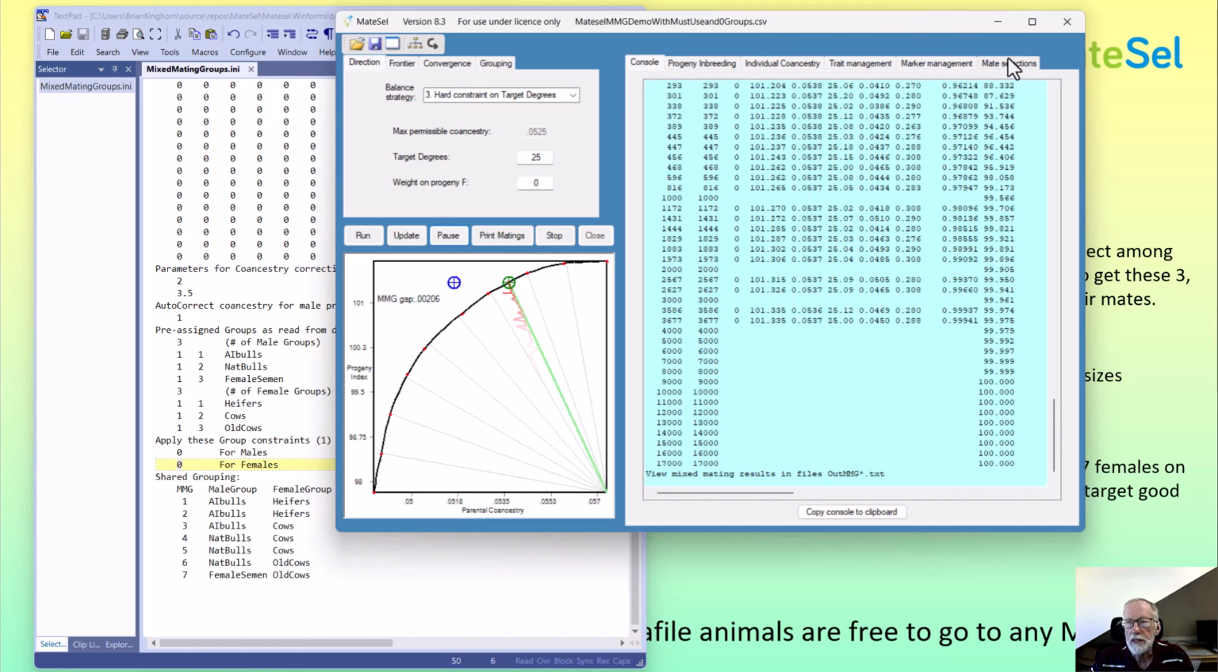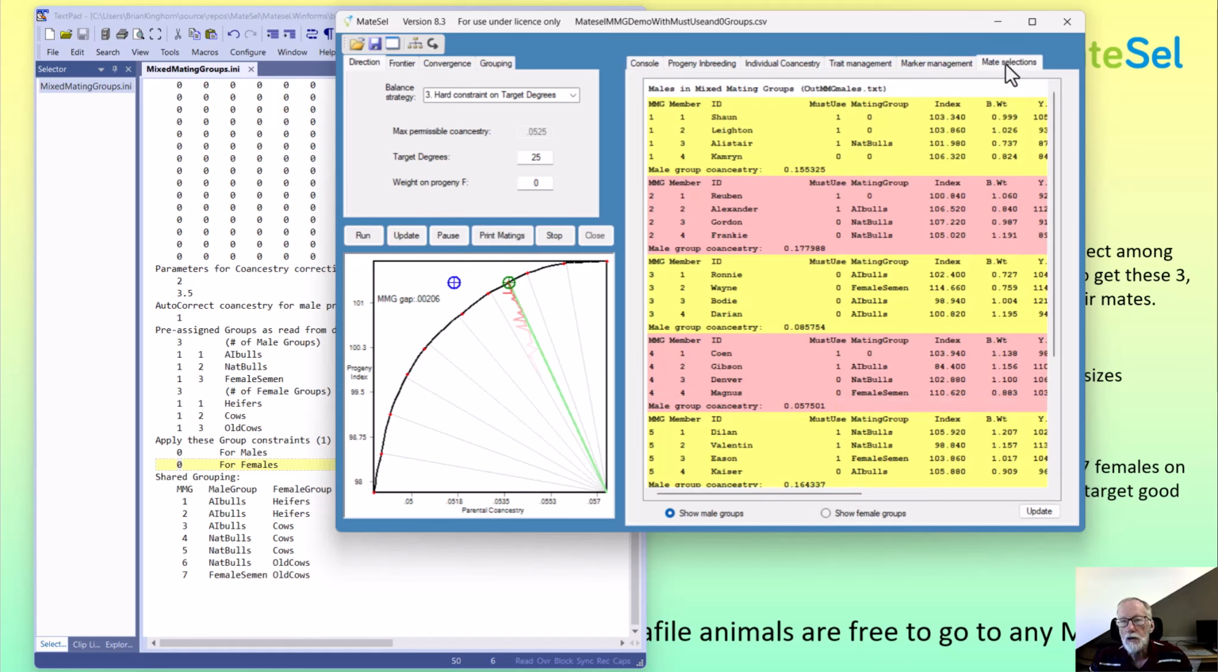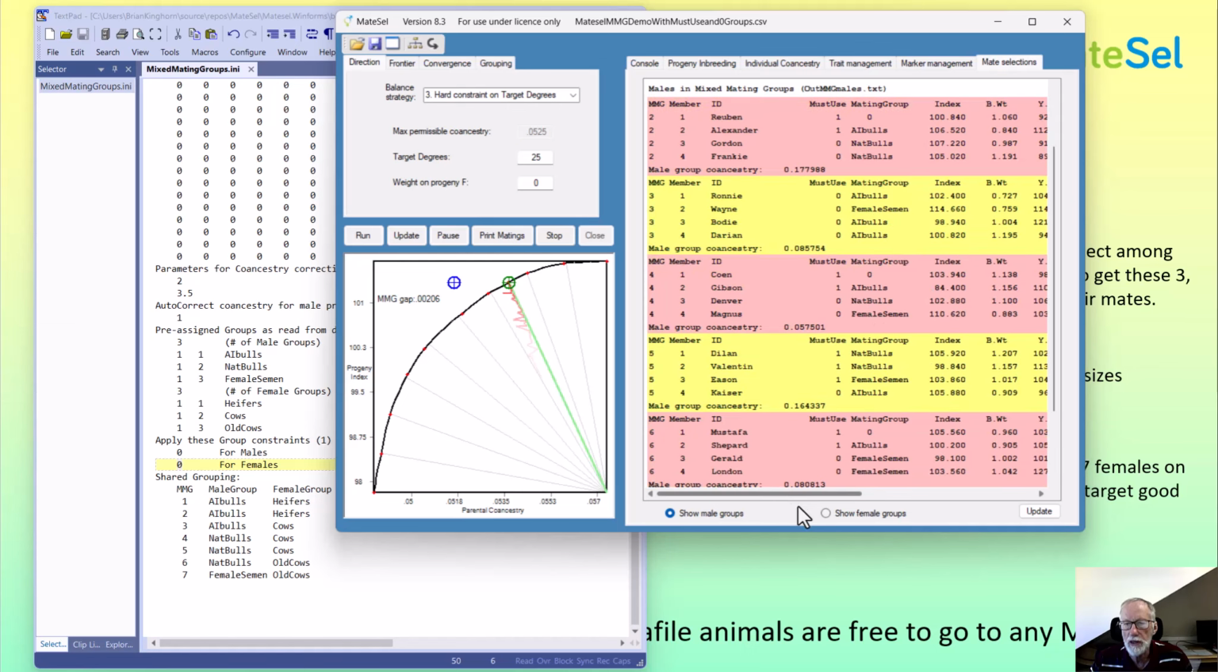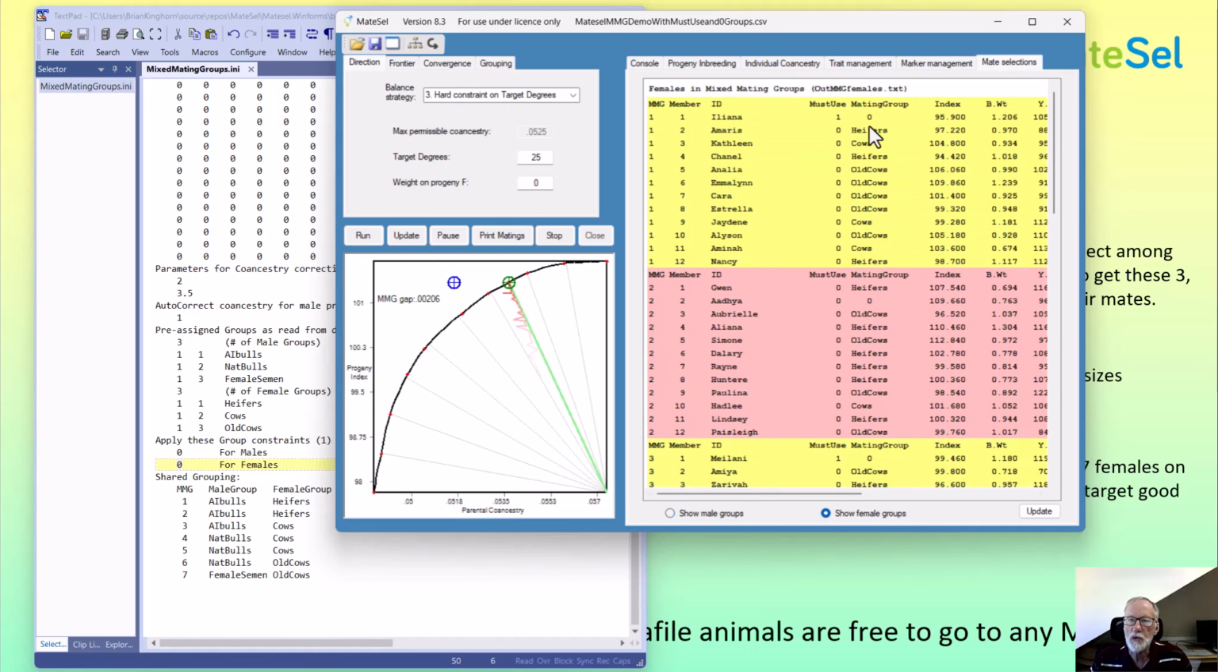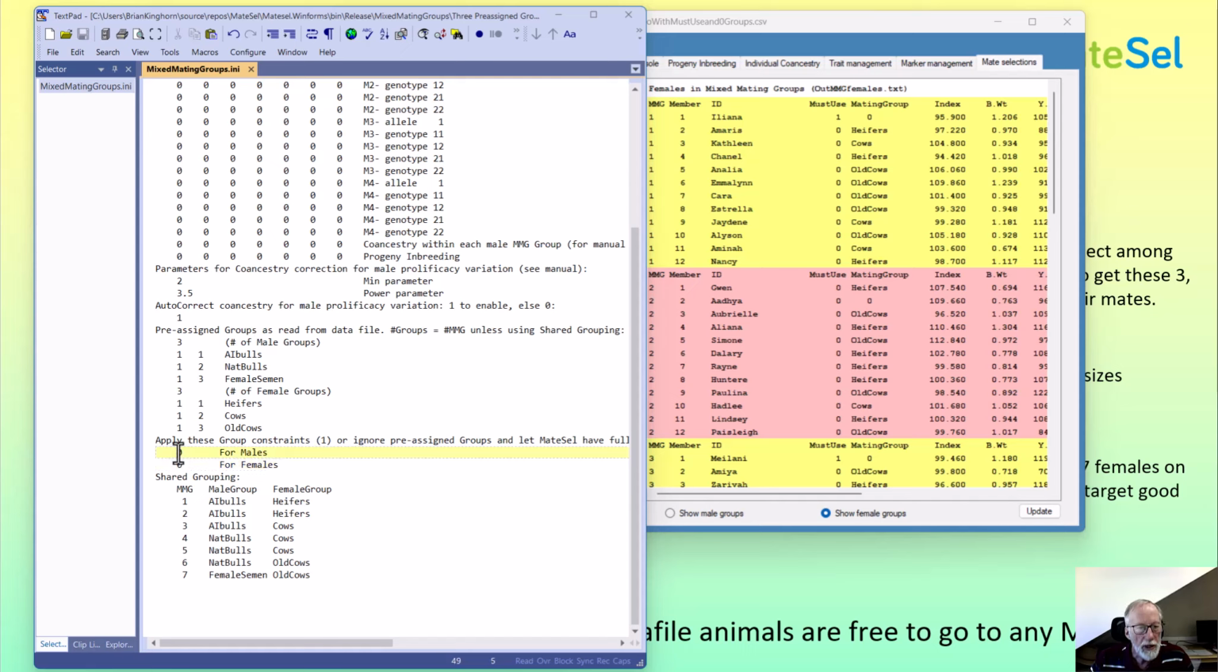and print matings. So first of all, you'll see that there is no correlation between the mating group as allocated in the data file and the mixed mating group for males or females. And that's because we're not constraining into the different groupings. Now, MateCell will get a better result according to the other aspects of the objective function because you're not making that constraint. Let's see what happens if we now go and put male grouping constraints on, and I save that